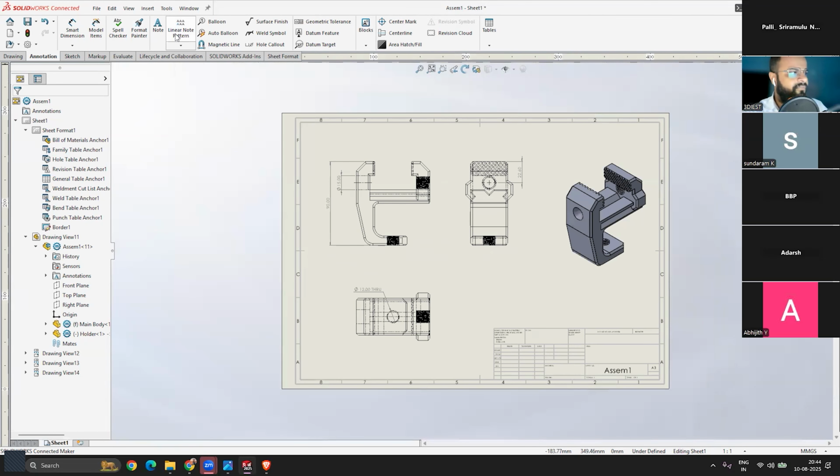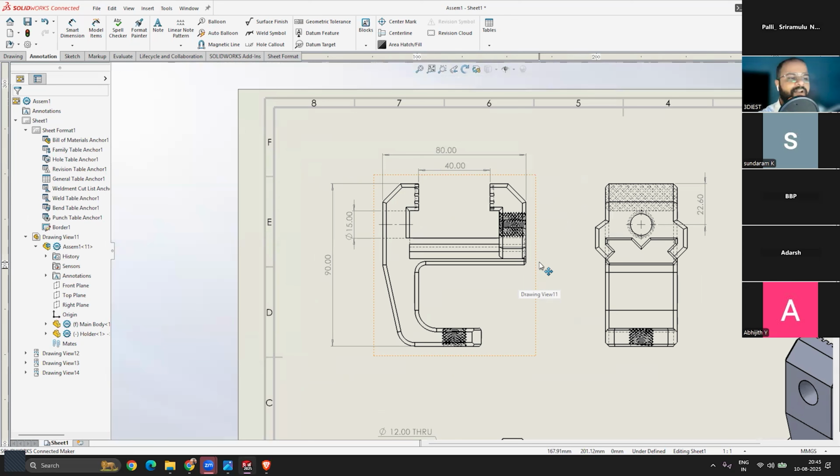So what we did, first we imported this assembly, we added the balloons, then we added a few dimensions, right? We only added a few dimensions. We did not add all the detailed dimensions, because whenever you are dimensioning assemblies, you only have to show the overall length and width of your model. You don't have to put all the details. For example, like this, you can add this dimension, like from these two jaws, you always want to keep this distance 40 millimeters. So just add normal dimensions inside your assembly file.